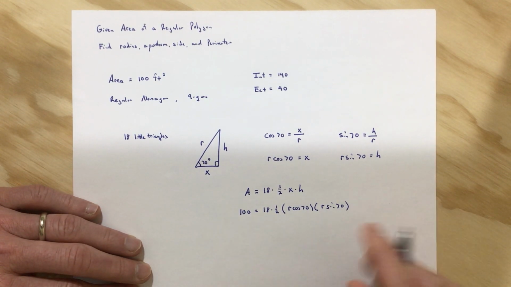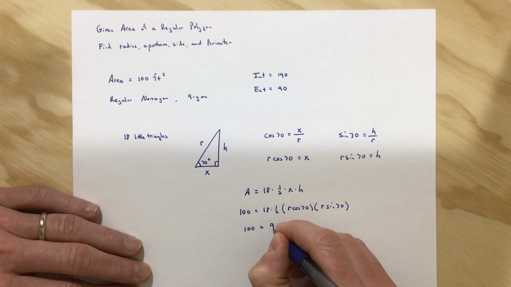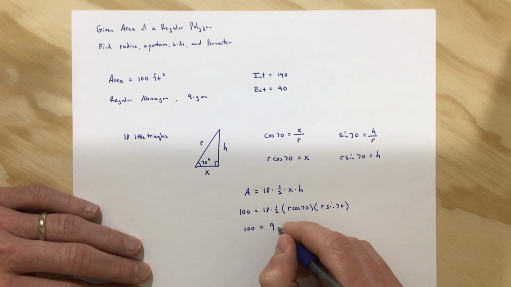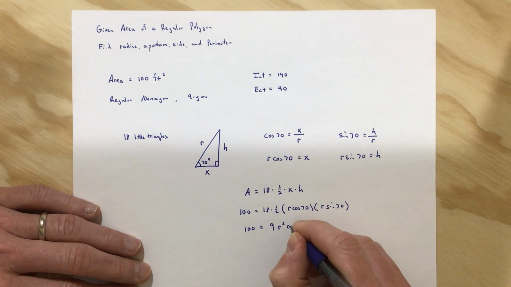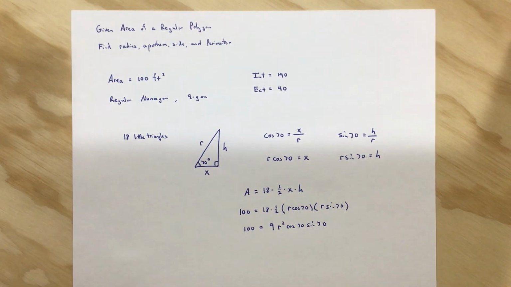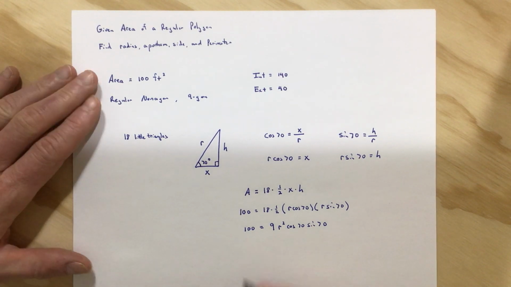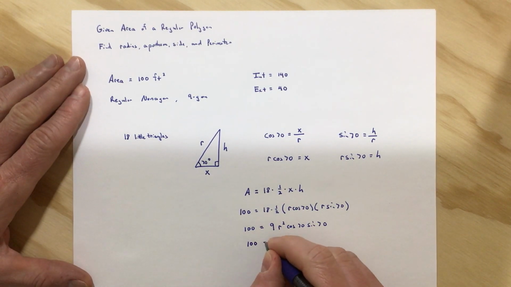Okay, let's simplify this a little bit. This is 100. 18 times 1/2 is just 9. R times r is r squared. And then that's just cosine of 70 and sine of 70. Okay, this 9 cosine 70 and sine 70, that's really just a number. So let's just figure out what that number is. So 9 times cosine of 70 sine of 70. Okay, so we have 100 equals